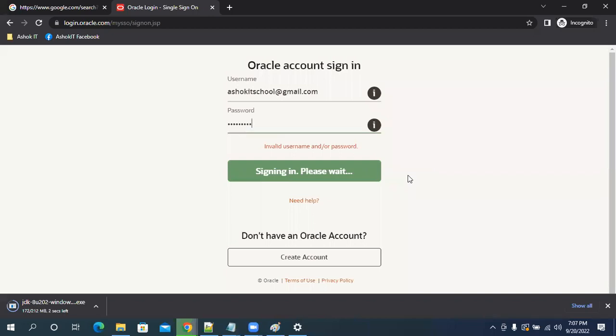Yes, I think my sign-in is successful. Can you see it is downloading? I tried three passwords, and one of them was successful. So that Java software is getting downloaded.